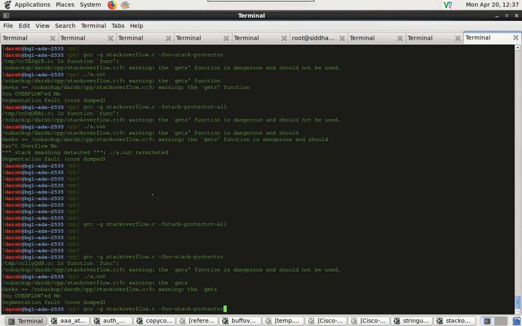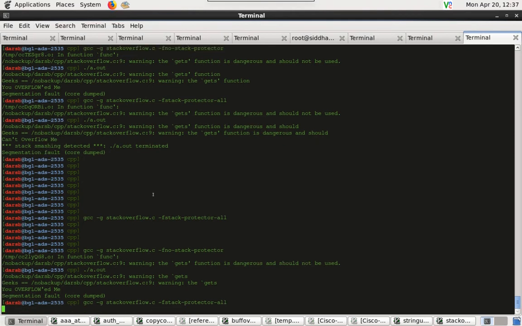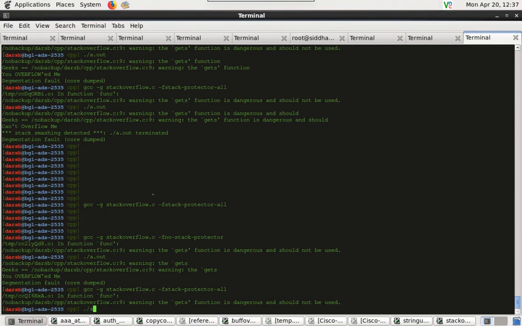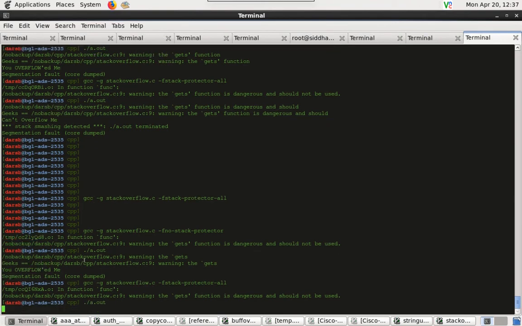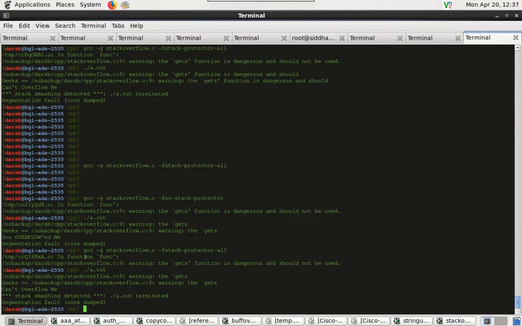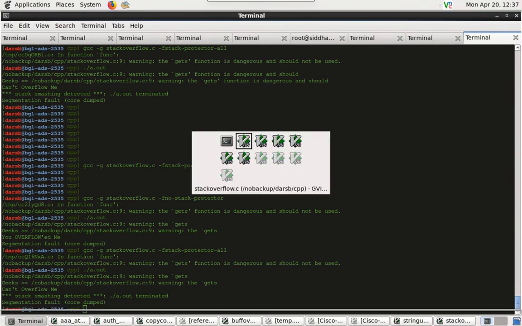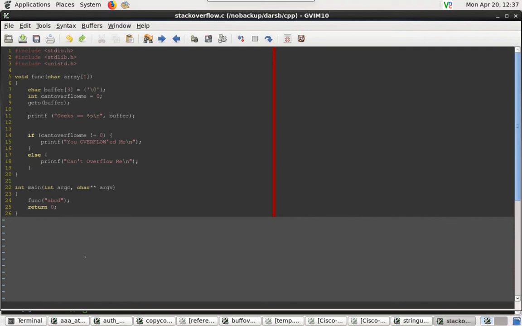So let us now try with another flag, stack protect all. So when we execute this and provide the same input as before, we see that can't overflow me, the variable can't overflow me, did not get overridden even with the buffer overflow.